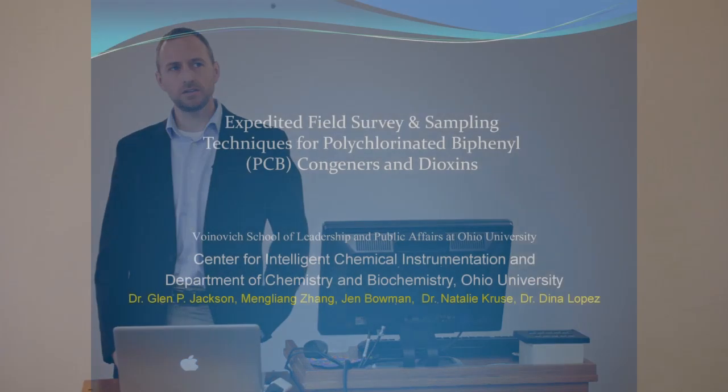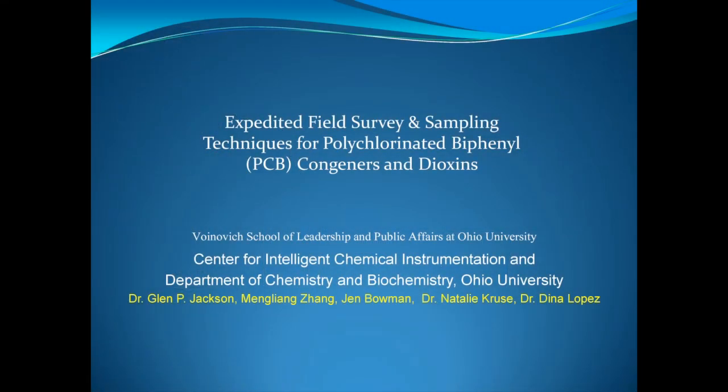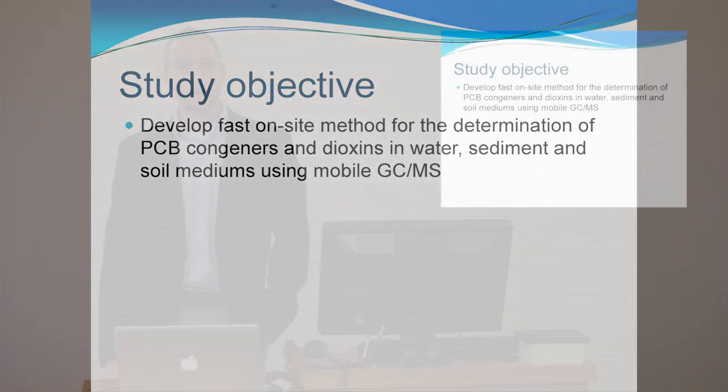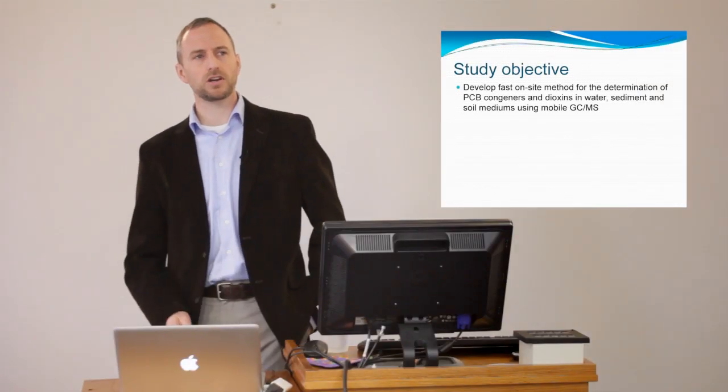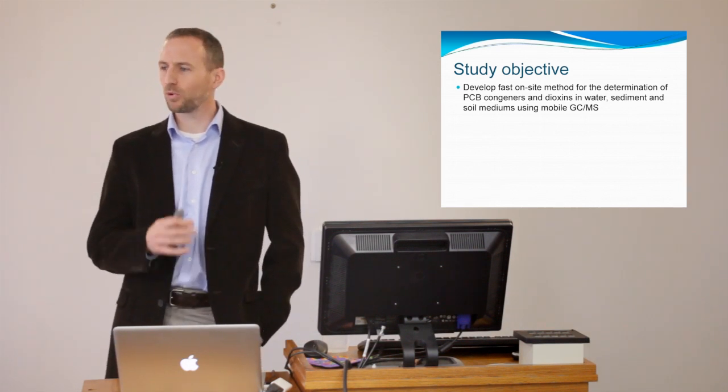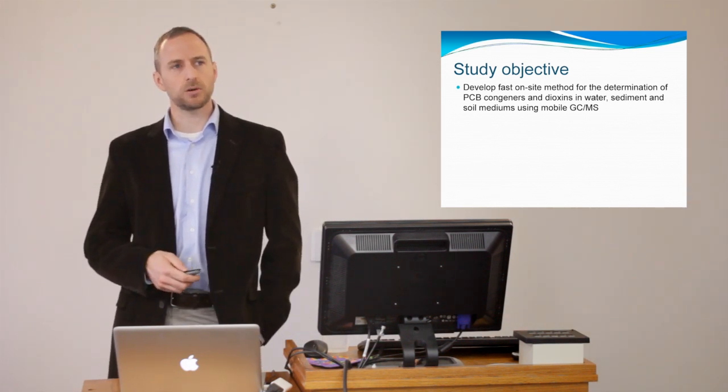Okay, in this section we're going to be talking about the expedited field survey and sampling techniques that we've been developing for PCBs, which is polychlorinated biphenyls in the environment. The objective of this part of the study was to develop a fast on-site method for the determination of PCB congeners and dioxins. I'm going to talk a little bit about what congeners are in a few minutes here, in sediment samples and soil samples using this portable instrument that we've been helping to develop, this gas chromatograph mass spectrometer,